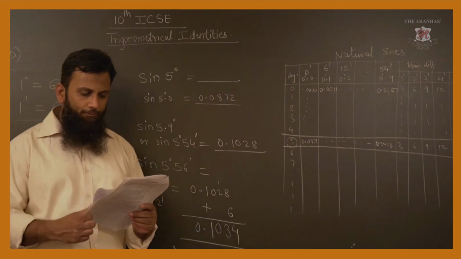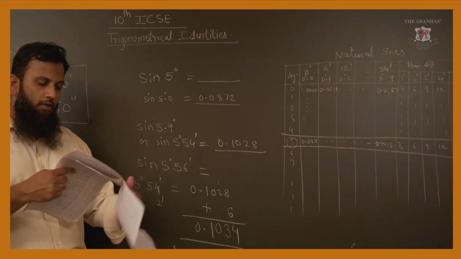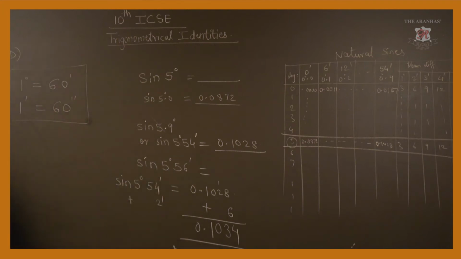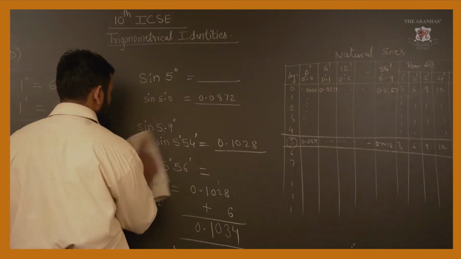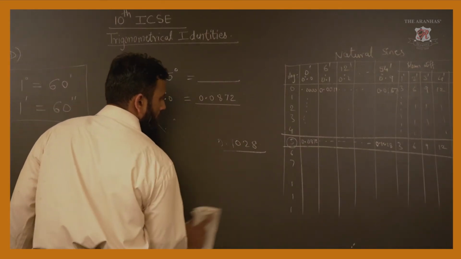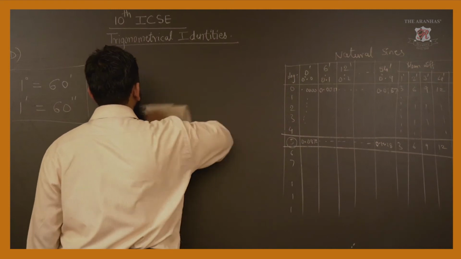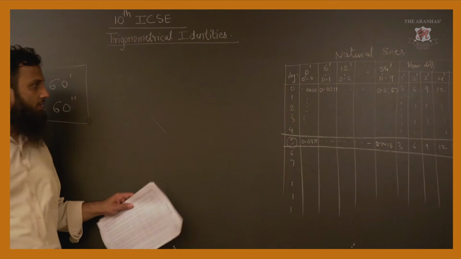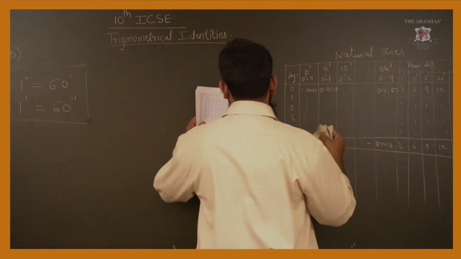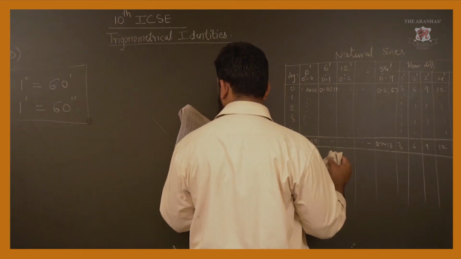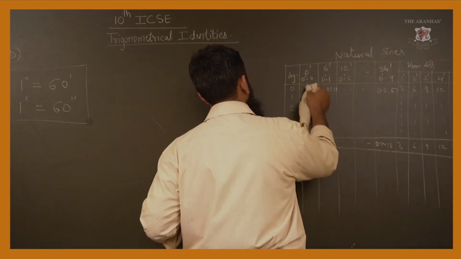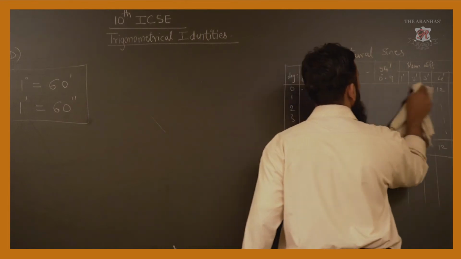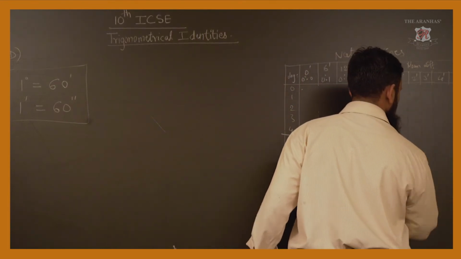Let us proceed towards natural cosine. There is a slight difference. Sine and tan have the same process or procedure, but in cosine you have to subtract the mean difference. Subtracting the mean difference means what? Let us see. For that I will just erase these values because they need to be written again.